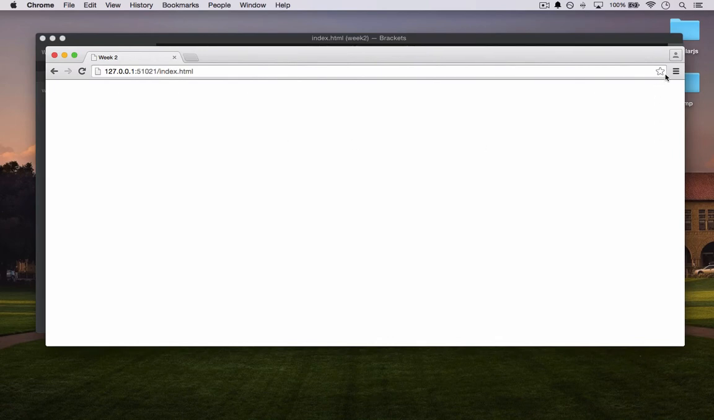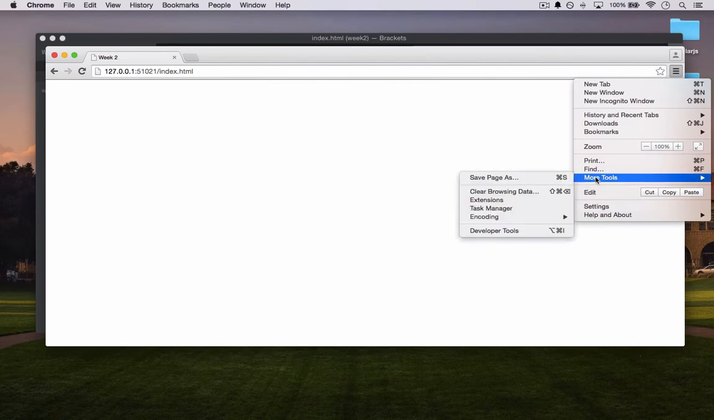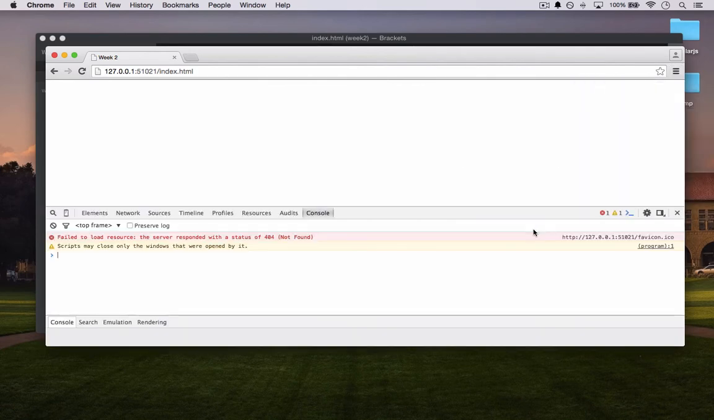developer tools. And one way to access them is by clicking this nice looking signal here and saying More Tools, and finally Developer Tools. Okay,